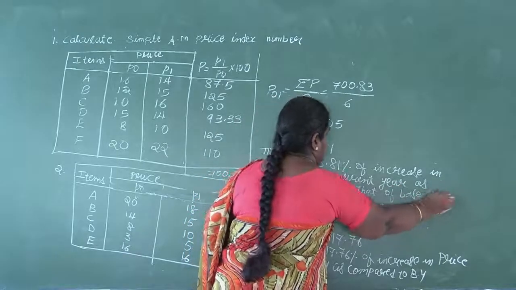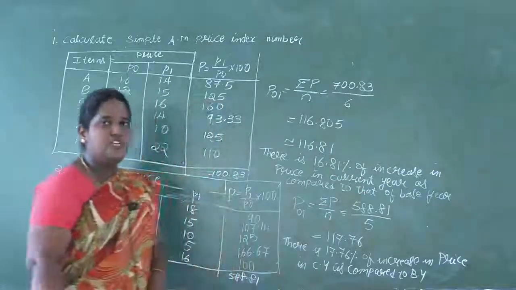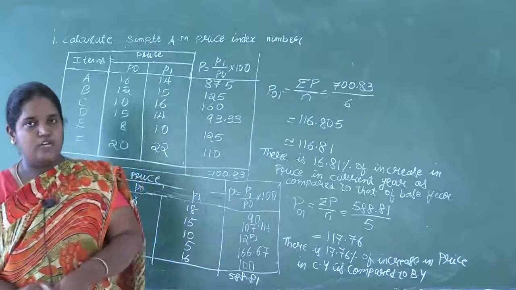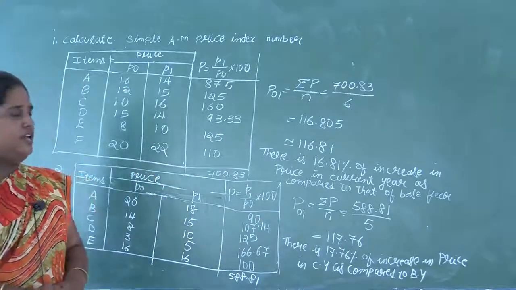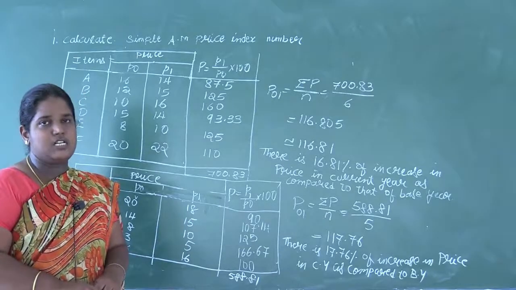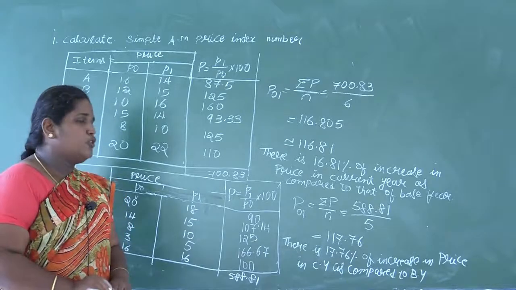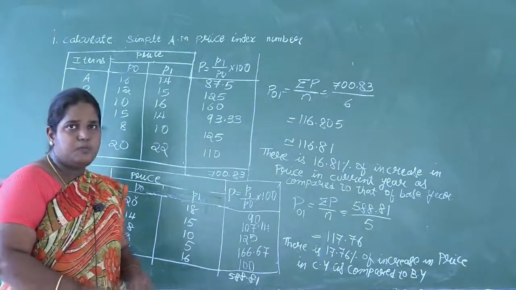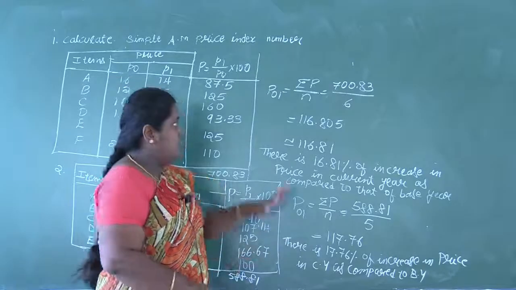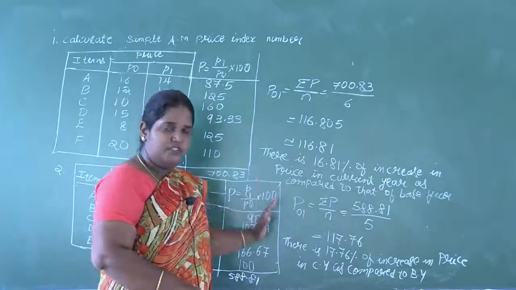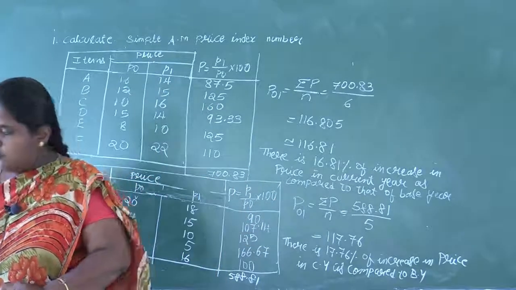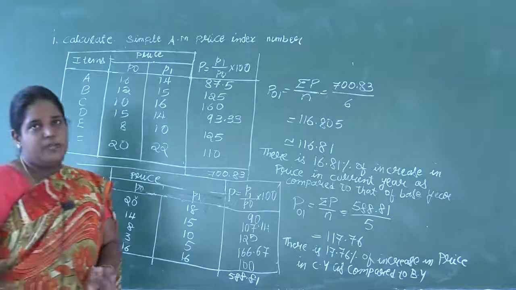So write the conclusion only when it is asked. Usually whenever you have arithmetic mean index number, the conclusion will be asked and not in the geometric mean. And if you have these problems in the 2 marks, simple aggregative, I have said first itself, it is asked in the 2 mark questions. In the 2 mark questions, you need not write the conclusion because there is only marks for the formula and the answer. Here, arithmetic mean if it is asked and only if they mention comment, write the conclusion. Geometric mean, the conclusion will never be asked.